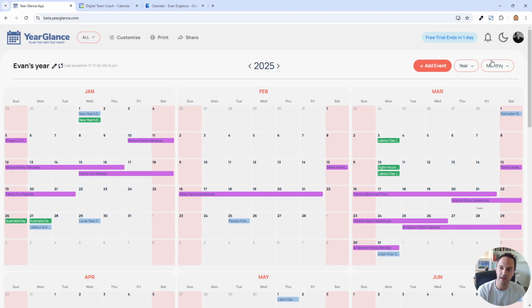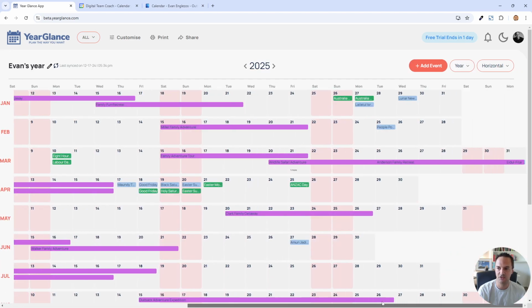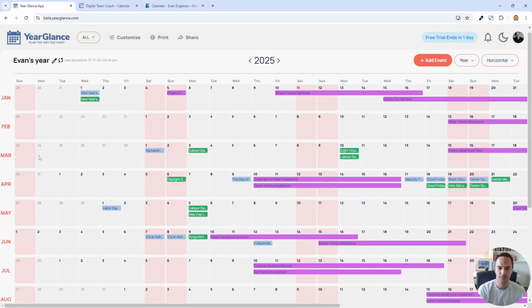Now, while we're here, we'll talk about the views, because views is something that we had in the previous version. So in the year view, we've got this monthly view. It looks like your typical monthly calendars side by side like this. Then we have the horizontal view, and there you go, straight away, it's built that horizontal view for us.